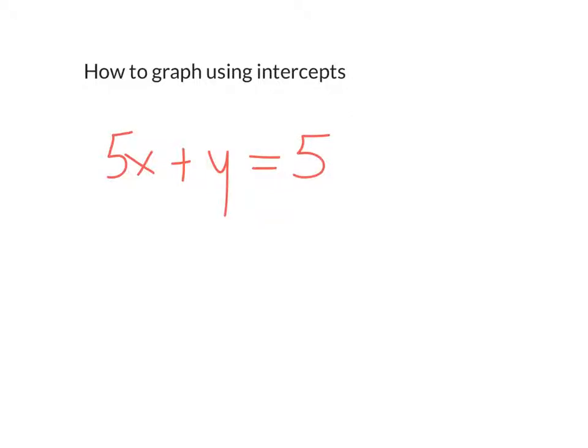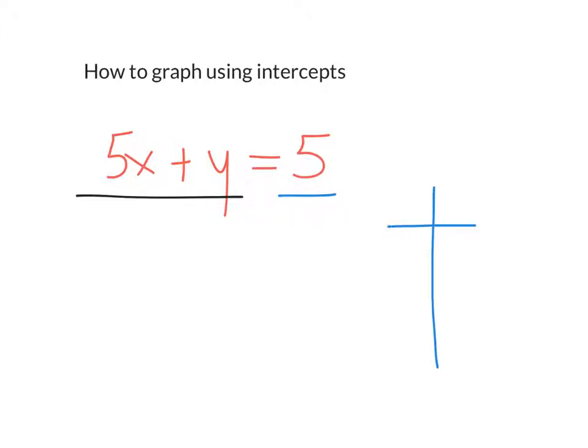So we're up to Chapter 8, Lesson 3, and we're going to be talking about how to graph using intercepts. This is an example of an equation that's written in what's called standard form. That just means that the x's and the y's are on the left-hand side and the constant is on the other side. An easy way of solving these types of equations and graphing them is